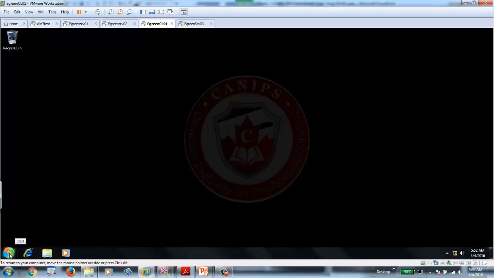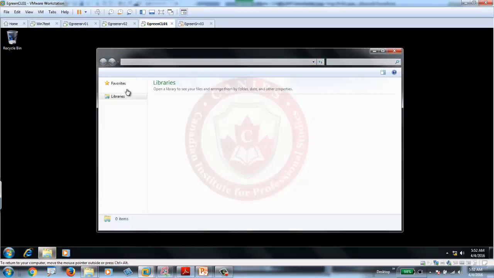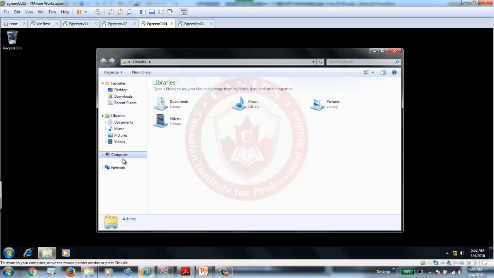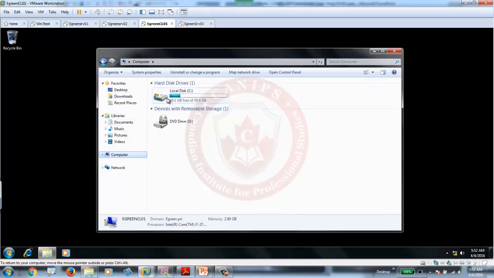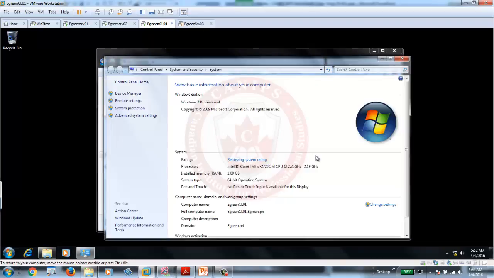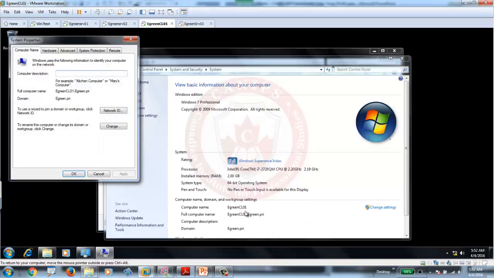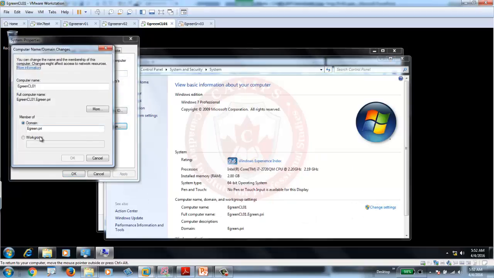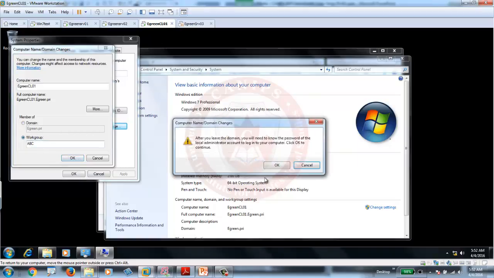Now, in order to troubleshoot this one, let's quickly unjoin it and rejoin it. Since the policy is not working, even after restart, go to properties. Sometimes it's just a matter of rejoining the machine. So change settings and go to workgroup. So I'm going to just write here ABC, enter,